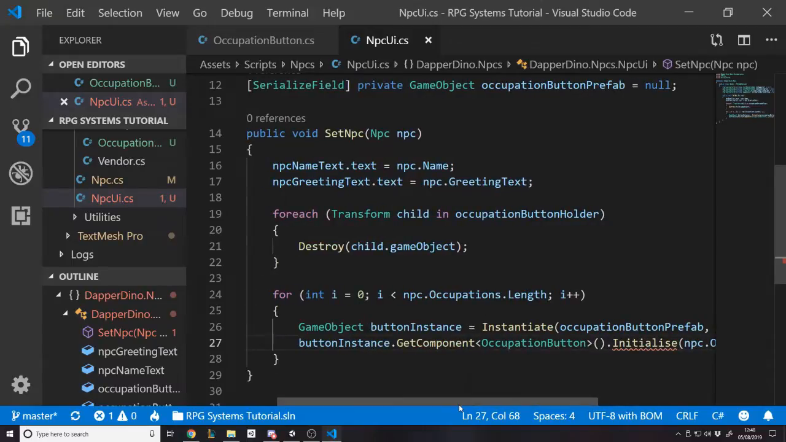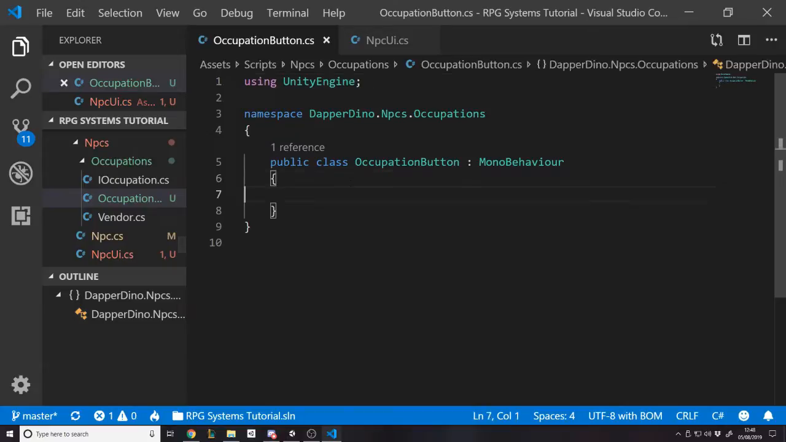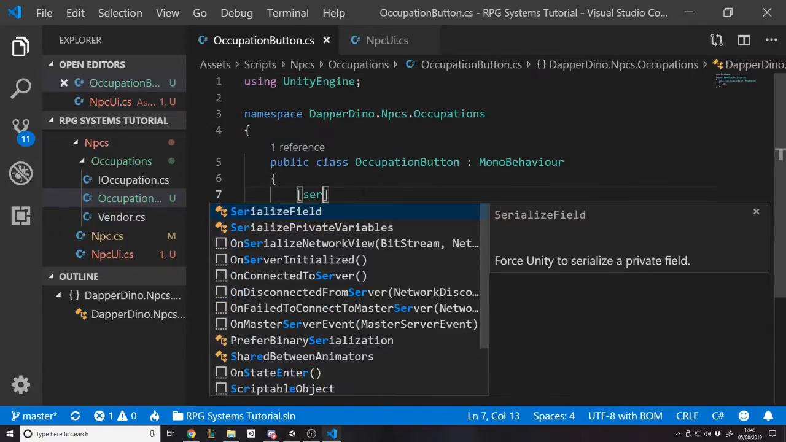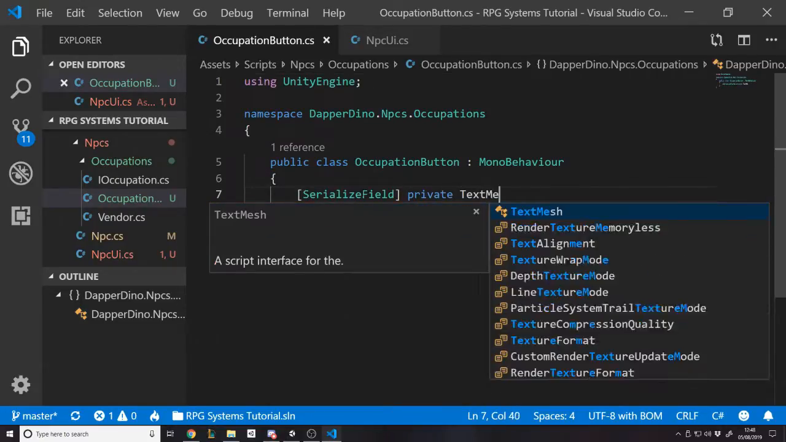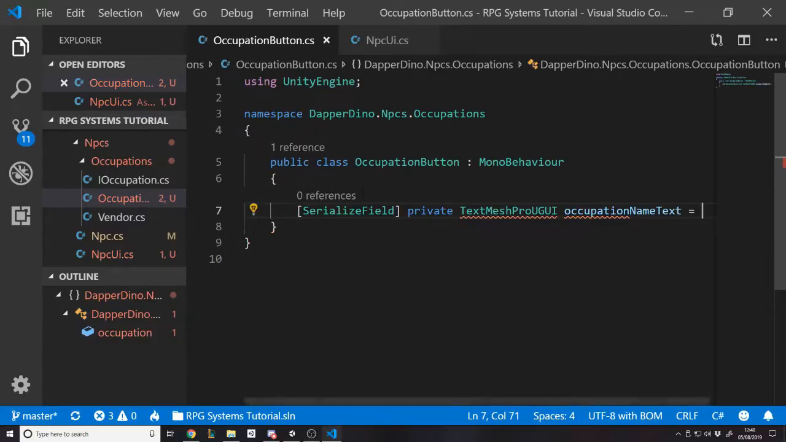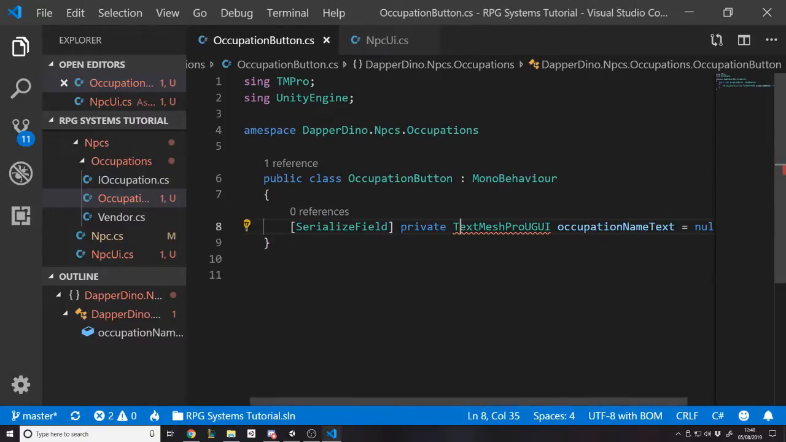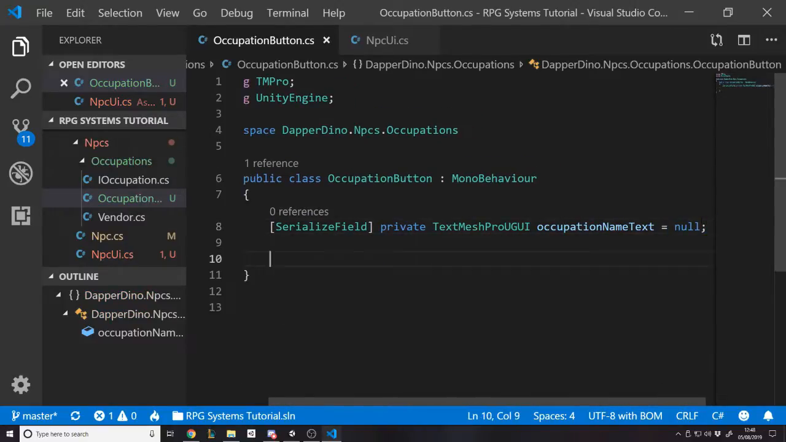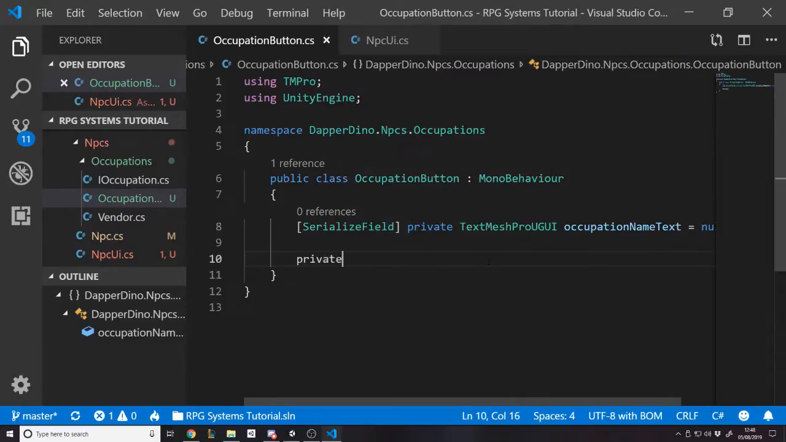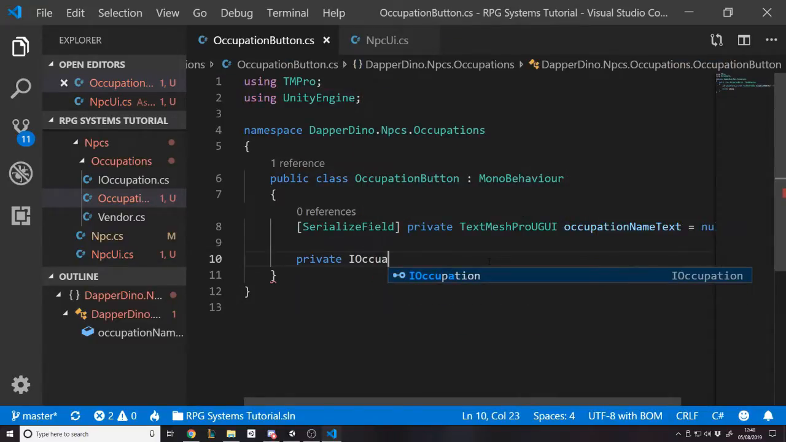We've basically spawned in the button and set the component on it. That should be good to go for now. So we go back here, the occupation button is going to need reference to some text as well, private text mesh pro UGUI, and we're going to have this occupation name text. I'll get this text mesh pro in, so we can set the name text, and then we also want to store a private occupation for this occupation. So I occupation